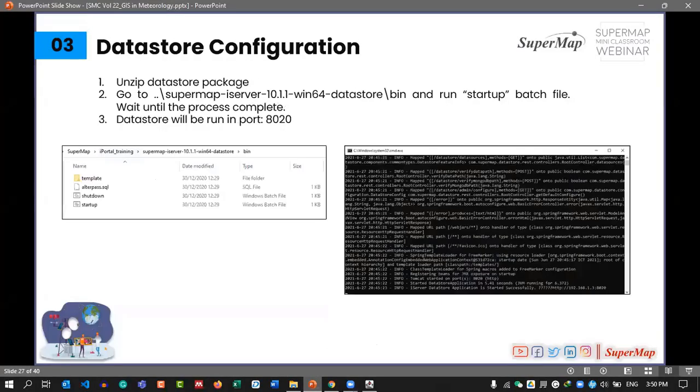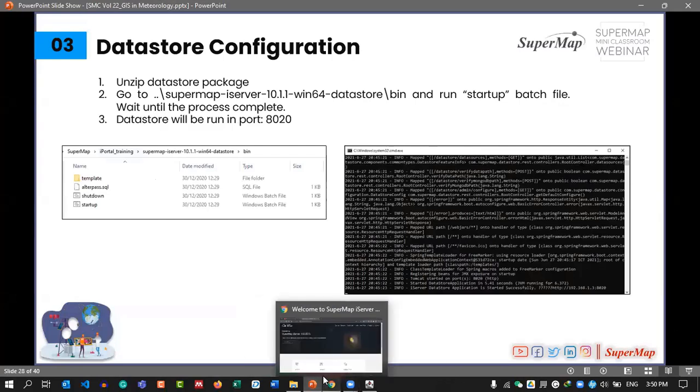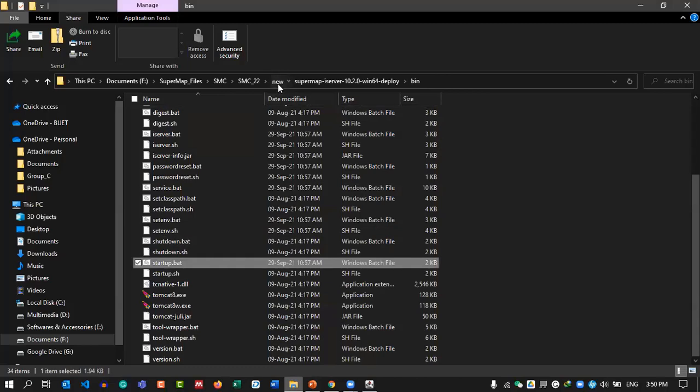Here you can see. After that, we need to configure our data store. So the same process, we need to unzip the package, and we need to run the startup batch file, and data store will be run at port 8020 actually. Okay, so I'm going to my folder again, new